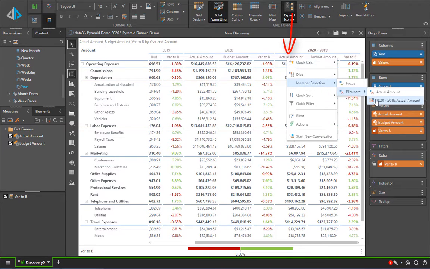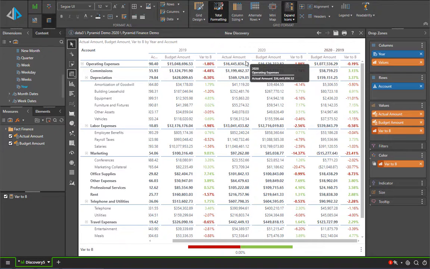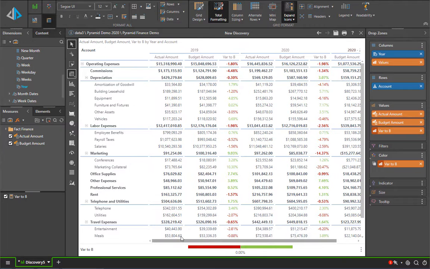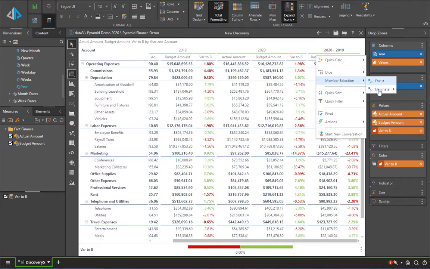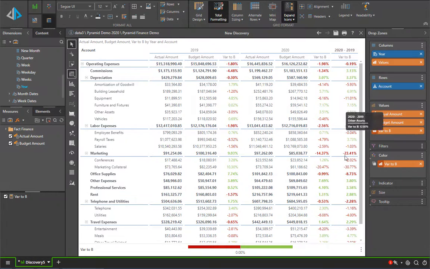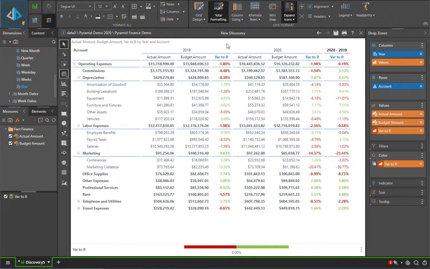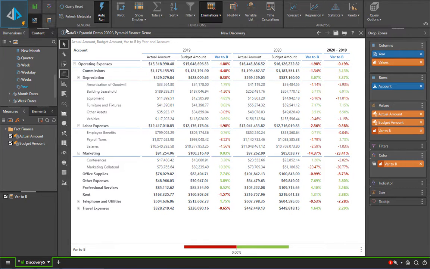This is a ragged or asymmetric query because only in that combination do I want to remove it, whereas with 2019 and 2020, I want to keep that column in place. So too with the budget amount. By using the eliminate right-click function, we're able to build a very different looking query from the one that was